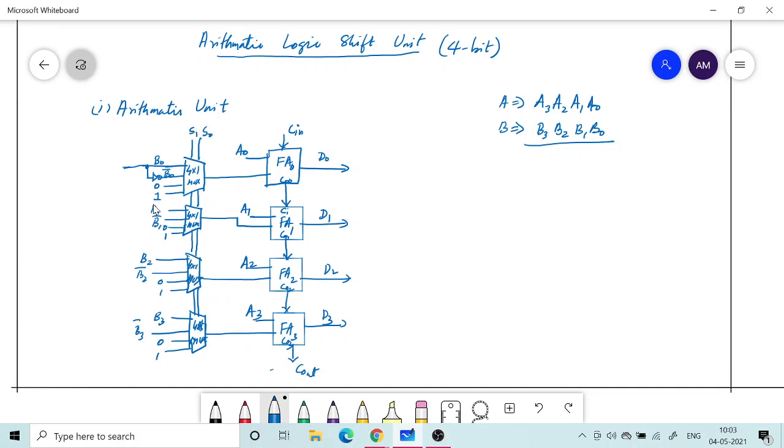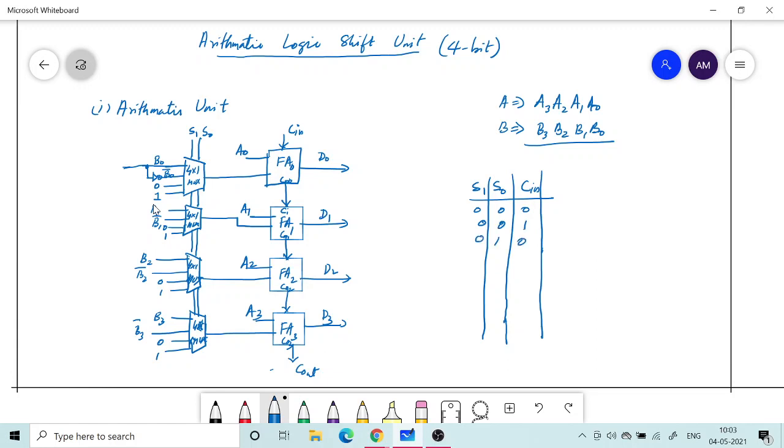So depending upon S0 and S1, and I can have an external carry in, so depending upon that also I will have different operations. So I can have 8 combinations, because all these 3 inputs can be independently controlled.